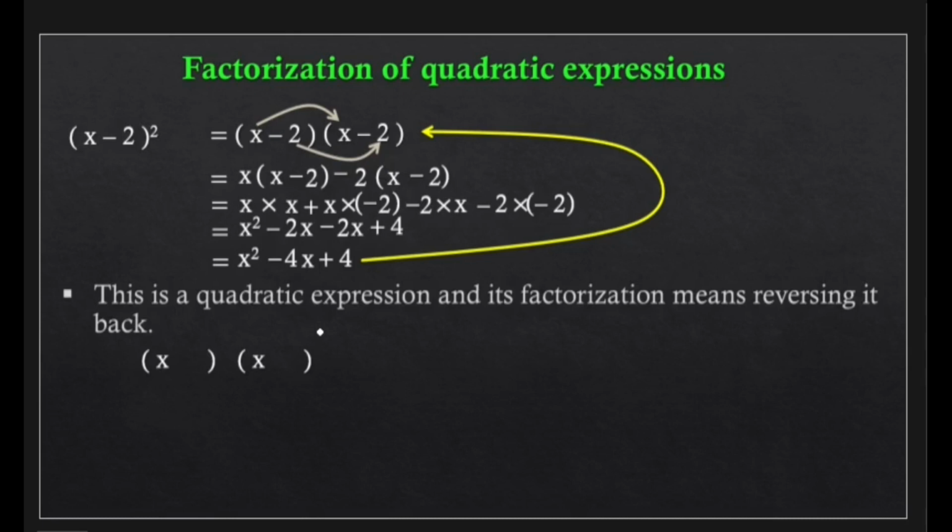All these possibilities can give us positive 4. So we need to put those numbers here, which when we multiply them must give us this. However,